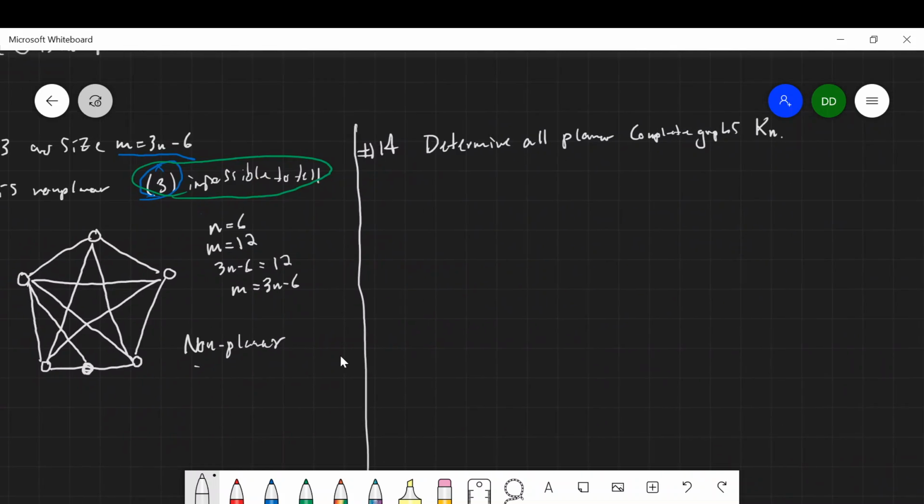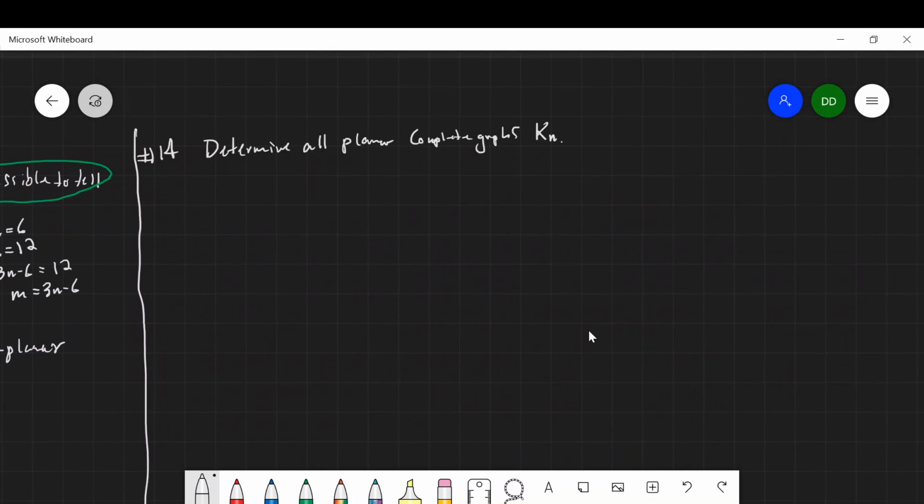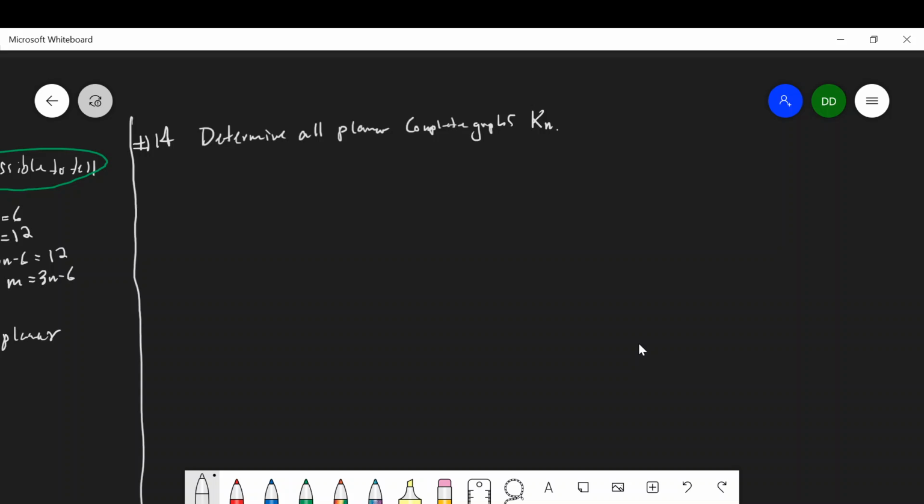Still in section 14.1. Now problem 14. Determine all planar complete graphs Kn. All right, so I mentioned in the last problem this theorem that says,